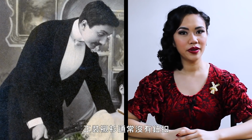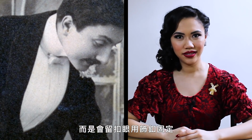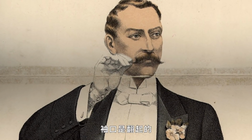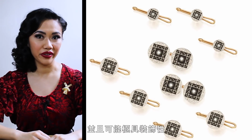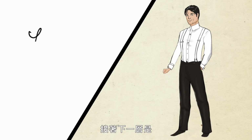Dress shirts did not typically have buttons, but instead finished holes for studs. His shirt would have likely had French cuffs, which would be turned up before being fastened with cufflinks. Studs and cufflinks were often purchased as a set and could be highly decorative, using precious stones and other luxurious materials. And the next layer,